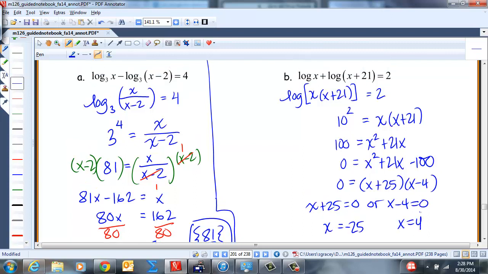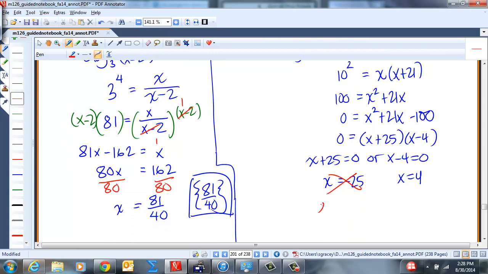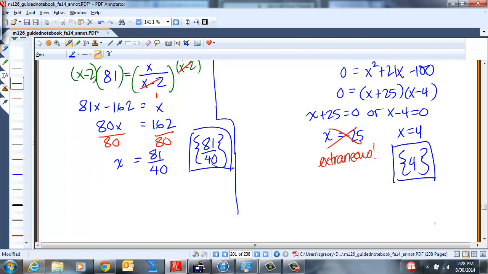So let's look at the original. Do you see negative 25 is extraneous because we can't have a negative in the log, in either one of those. So this guy is extraneous. So the only solution that we have is x is 4. Okay? All right, so next up,